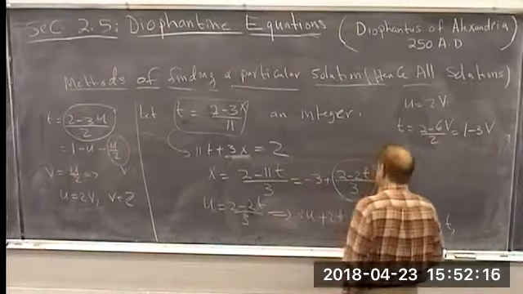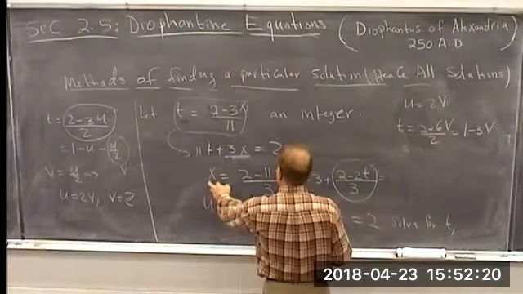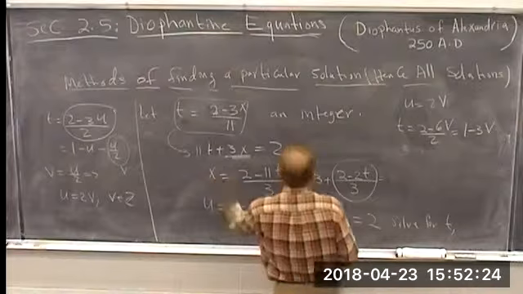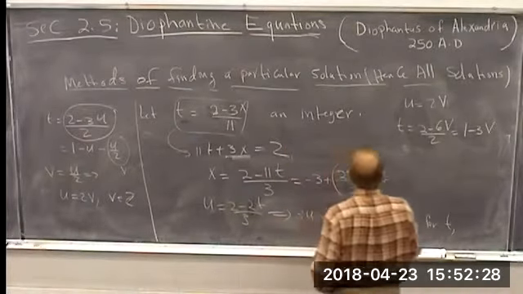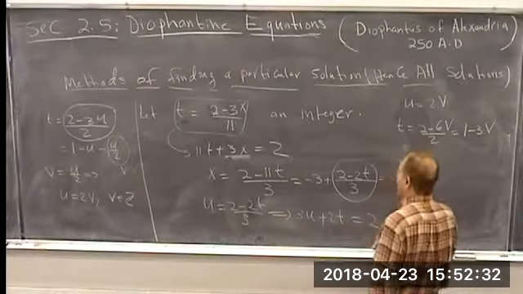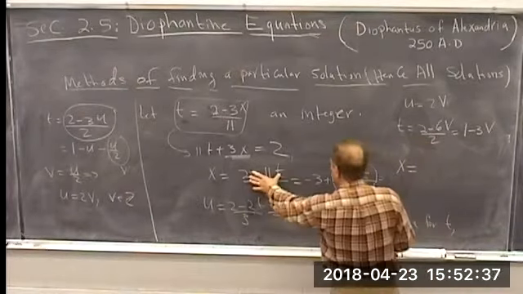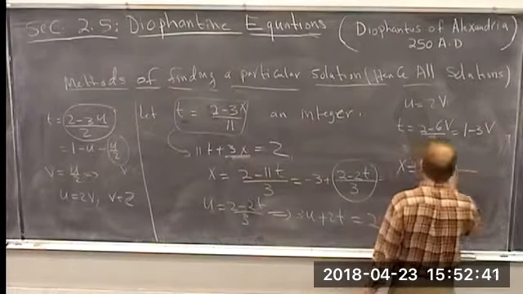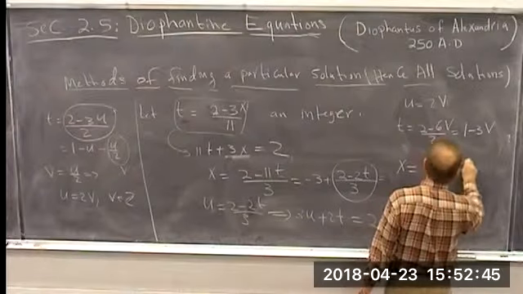Then after this, we need to find what the x is. Here is the x, which is expressed in terms, or maybe even the y, actually. I took the y out. Okay, let me put the x, because I know how to find the x from here. So the x, I can substitute in here or this one. So let me substitute in here. So this becomes 2 minus 11 times 1 minus 3v